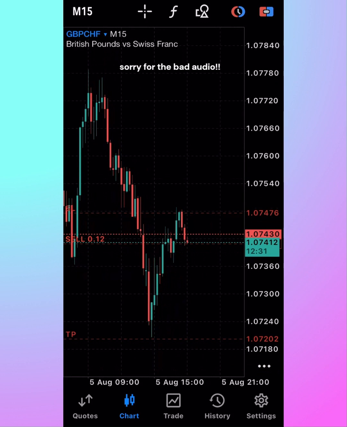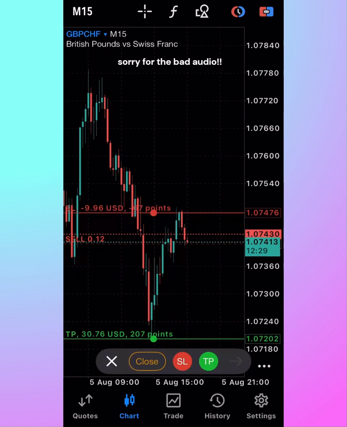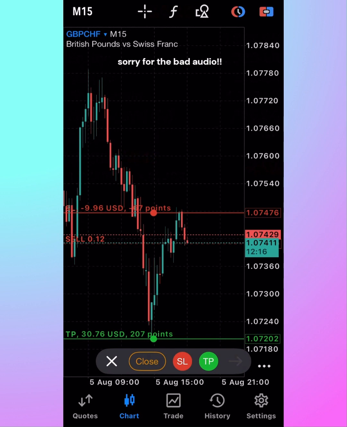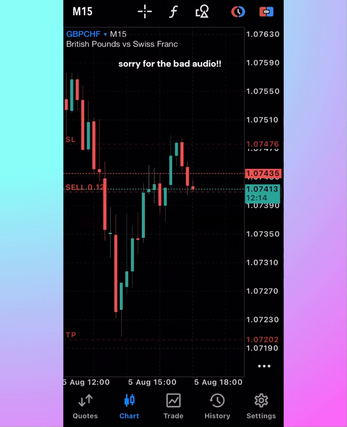Yeah, just this down here for 1:3, which is $30. This one is straight. And right now it's in a drawdown of $2.97. And so I'll continue to